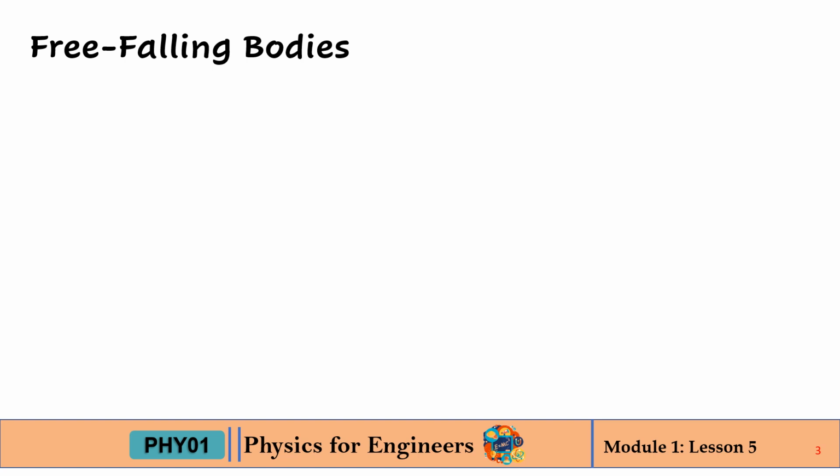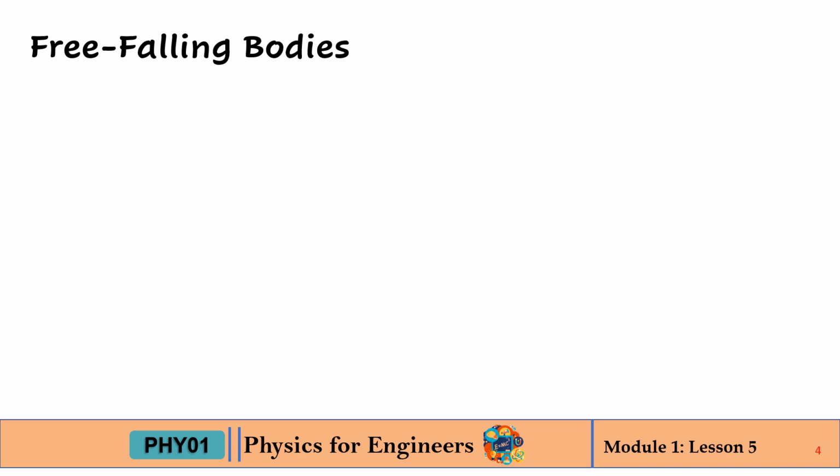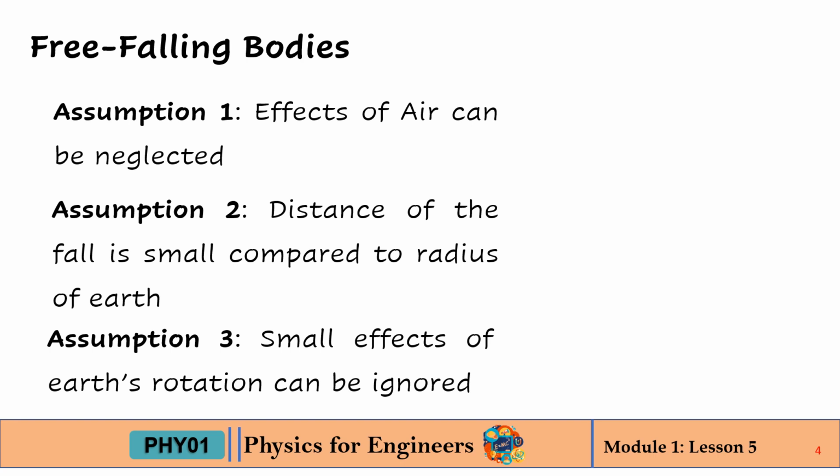Experiment shows that if effects of air can be neglected, Galileo is right. All bodies at a particular location fall with the same downward acceleration, regardless of size and weight. If, in addition, the distance of the fall is small compared with the radius of the Earth, and if we ignore small effects due to the Earth's rotation, the acceleration is constant. The idealized motion that results under these assumptions is the so-called free fall, although it includes rising as well as